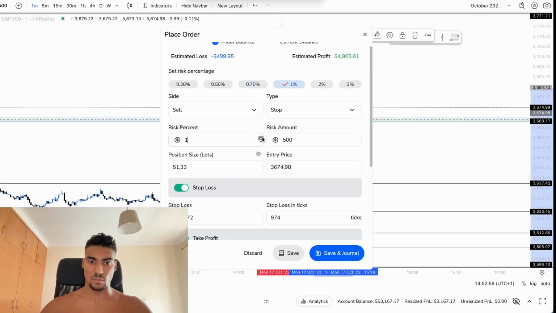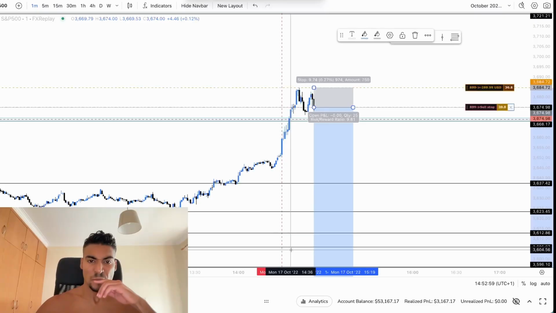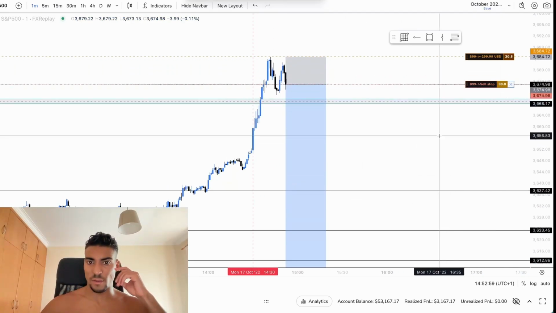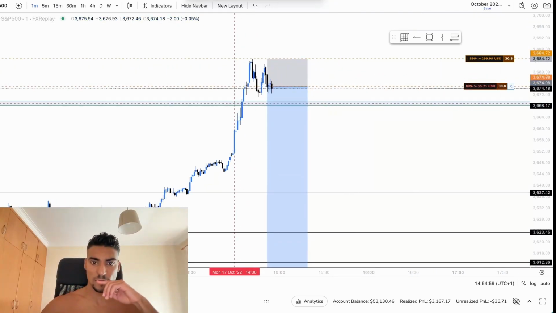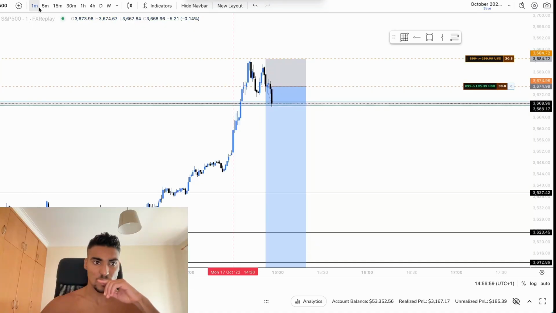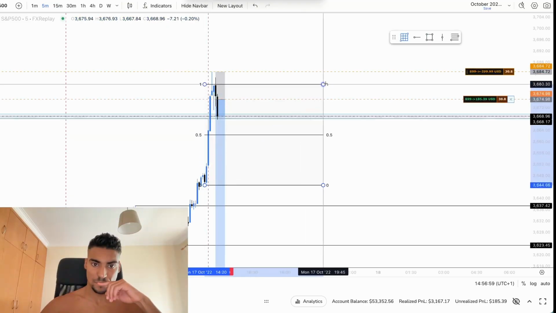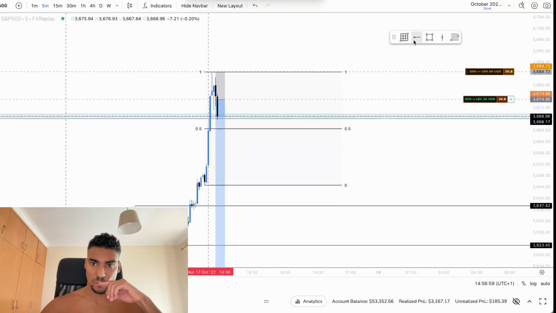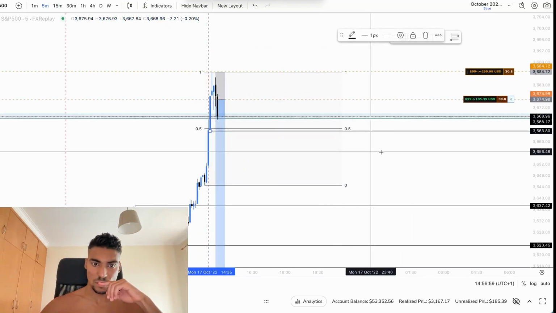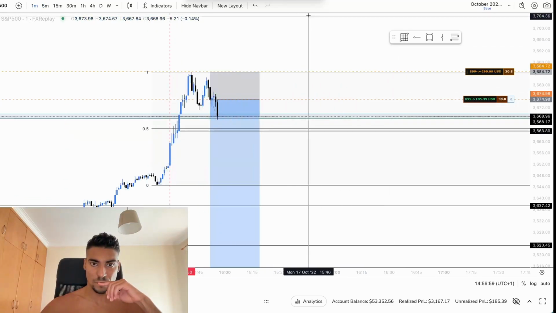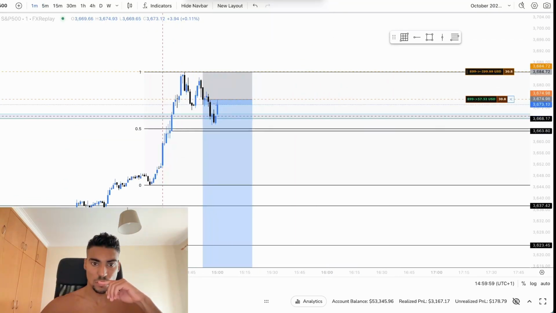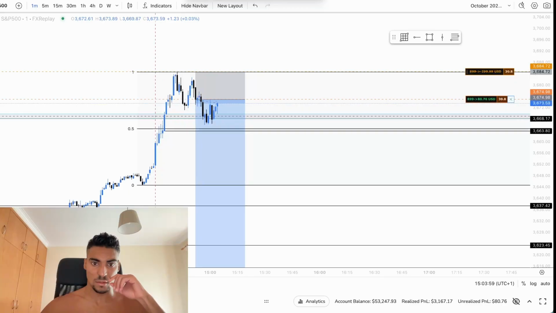0.70, a little bit higher. Holy moly. 0.7, 0.6. Yeah, should be fine. 0.6 risk, so the lowest risk I've ever used. Let's see what happens. I'll probably get swapped out. Okay, nice. I don't even know where to take partials on this because it's such a bad trade. Equilibrium for sure. The equilibrium of this 5 minute range should be where I take partials, if we get there, of course.